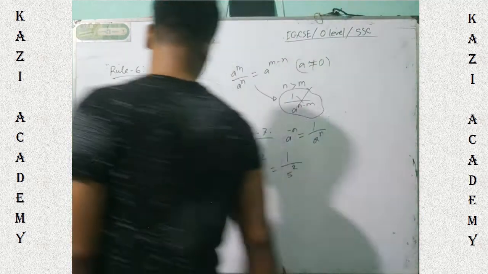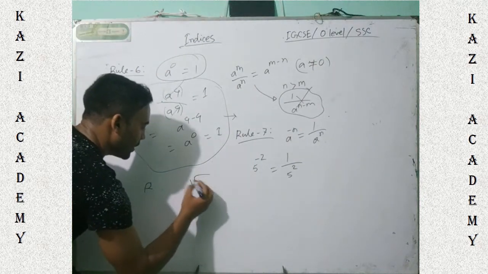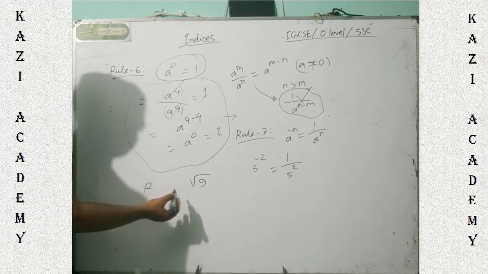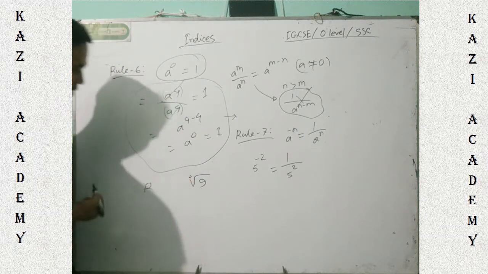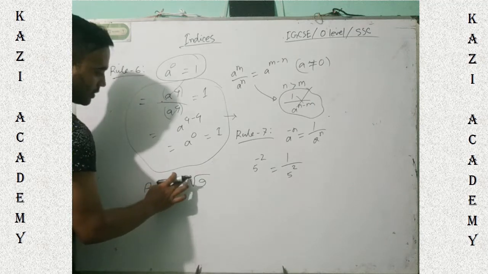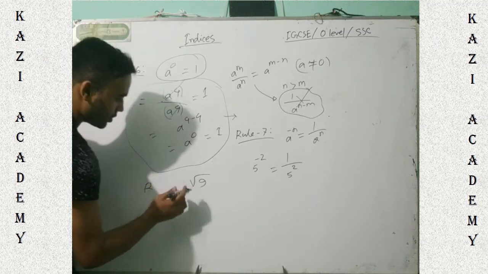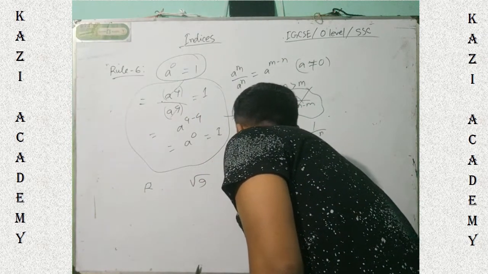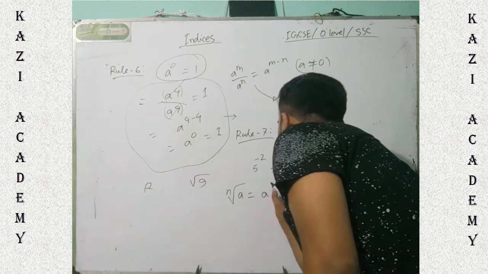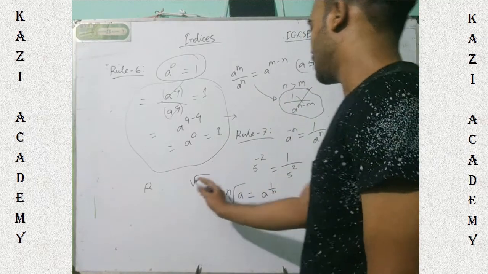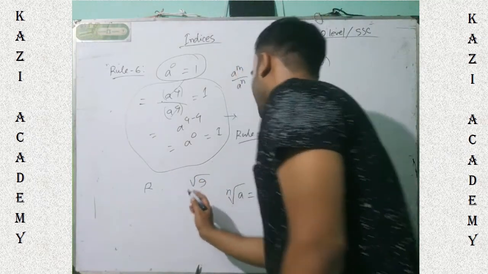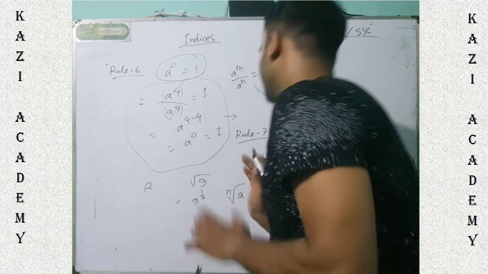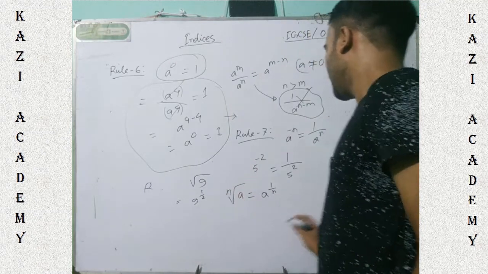Some radical functions like this. If I write the square root of 9, actually this is a square root. The 2 is not written here, but this is called a square root. So nth root of a equals a to the power 1 by n. So root 9 equals 9 to the power 1 by 2. But here anything,